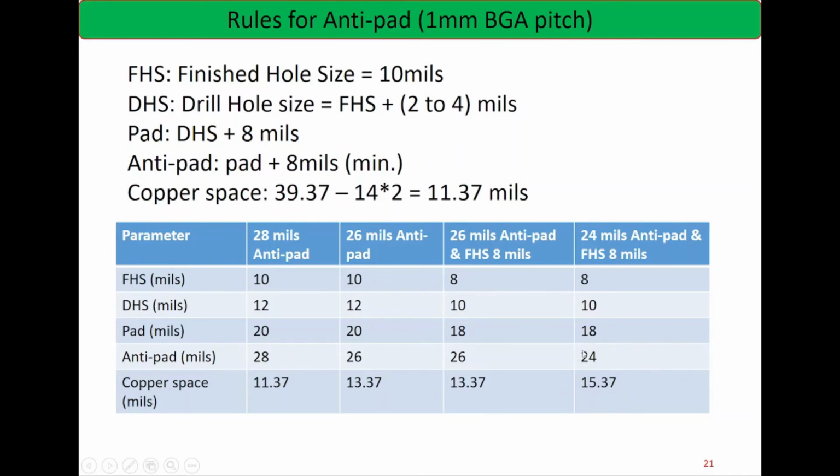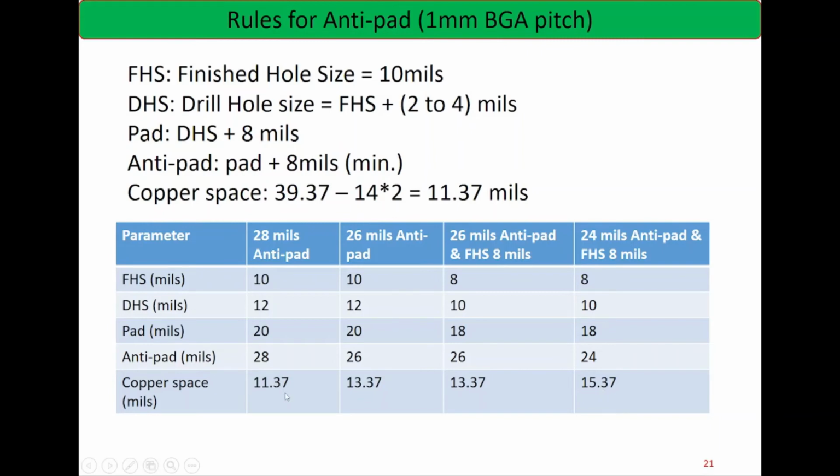Based on this anti-pad, you can check whether this copper spacing is enough or not for a differential signal or for a single one. For a single layer, if you have 1 mm pitch, I think there will not be any problem.